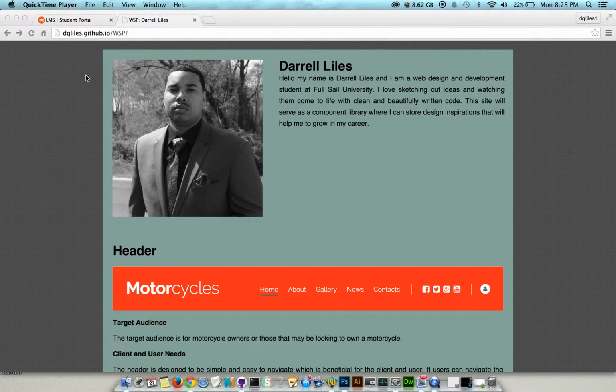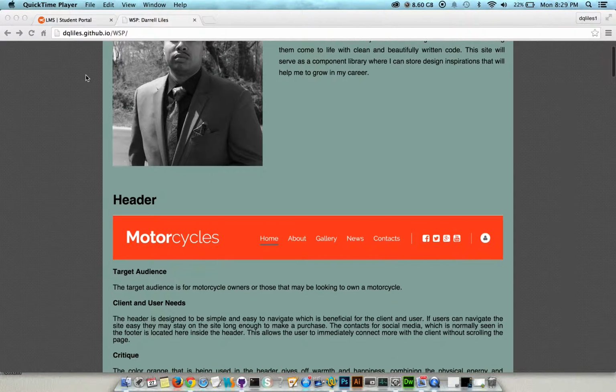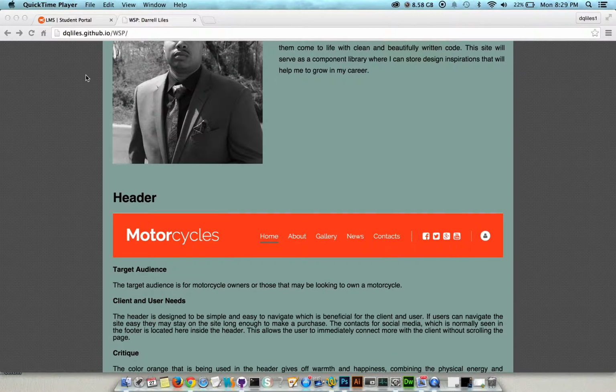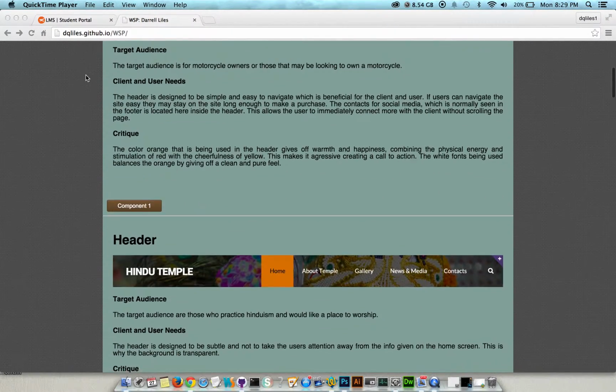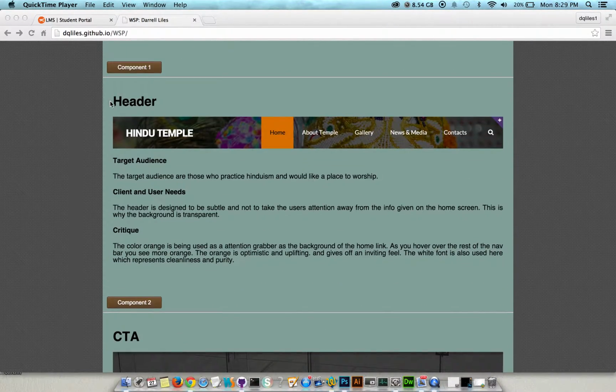This week we had to add our CSS. This has been a really tough week. The components took me a lot longer than I thought they would, and some of them didn't even come out the correct way. So I'm going to go over the components that did come out the correct way, and I will continue to make progress on the others. By the end of week 4, hopefully I will have achieved a great library to use for my future projects. So for my first component, the header here,